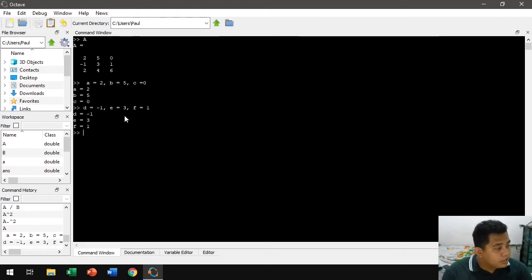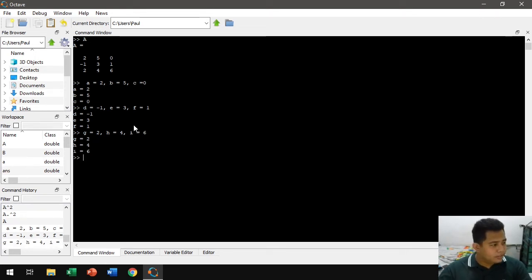Next row, g is equal to 2, h is equal to 4, i is equal to 6. Now, for getting the determinant manually, let's name it as dt.